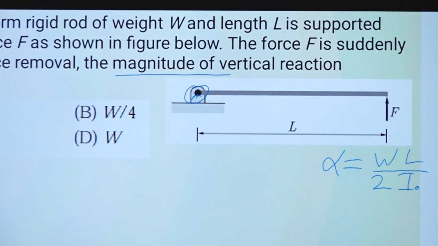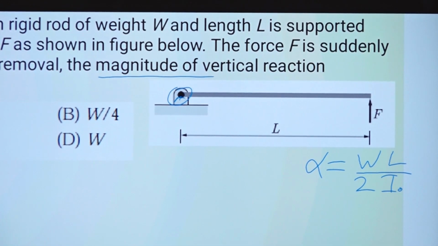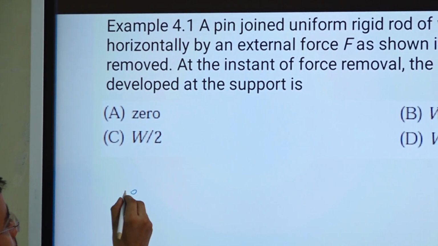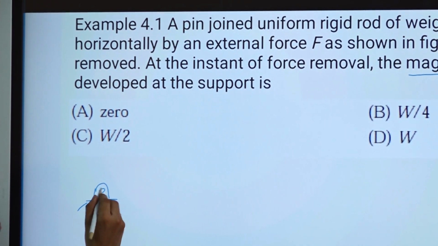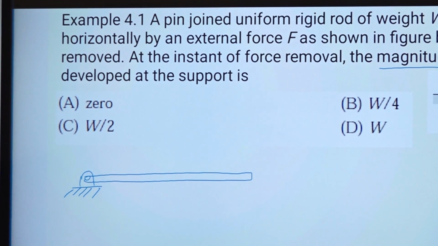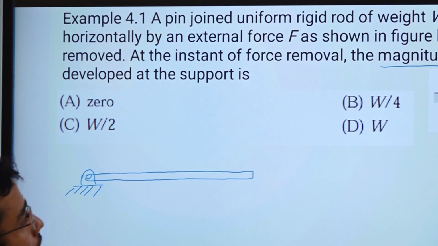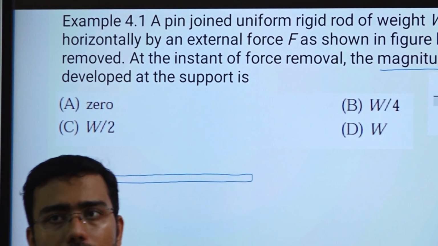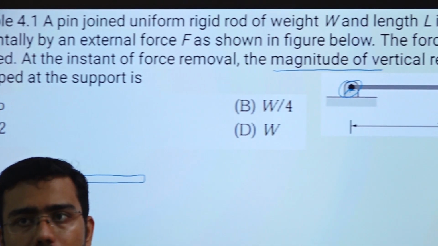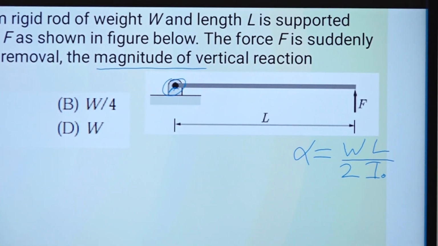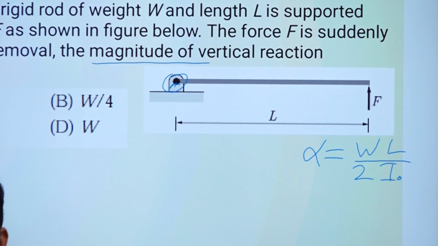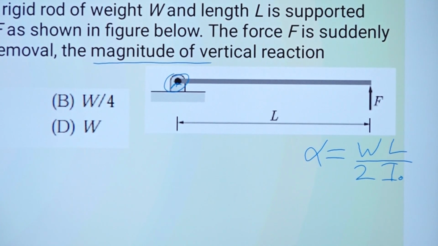From that previous section we found out alpha. Now we have to apply D'Alembert's principle to solve this. How are we going to do it? Again I will make the free body diagram. This time I will make it after assuming that this rod is not moving. Whenever we apply D'Alembert's principle, we assume that the rod is static, but what extra thing do we need to add? Reverse inertia force and reverse inertia moment.